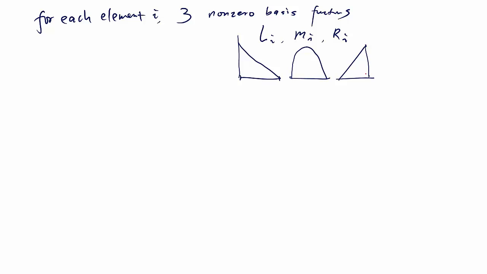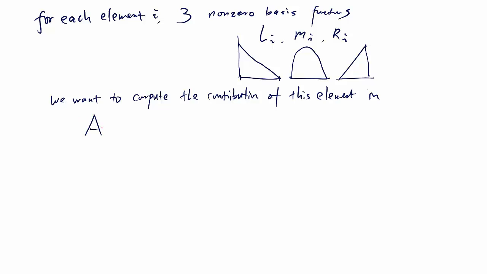So like in our 2D case, we want to compute the contribution of this element in the matrix A. The contribution is going to be a 3 by 3 matrix. So basically we have a 3 by 3 matrix. Let me call this A superscript i. This is a 3 by 3 matrix, and the elements of this 3 by 3 matrix are